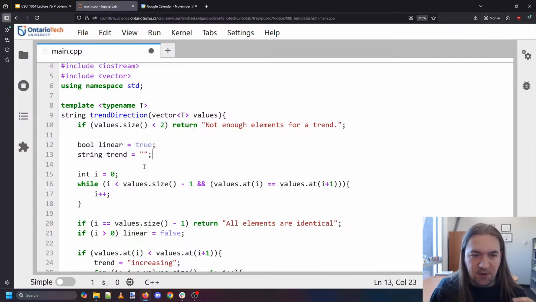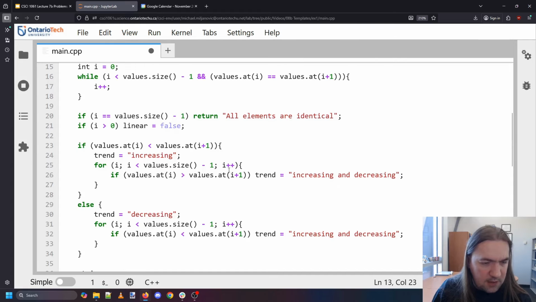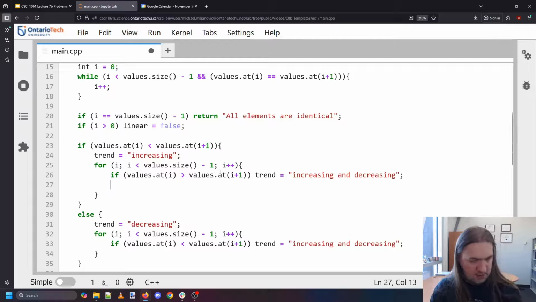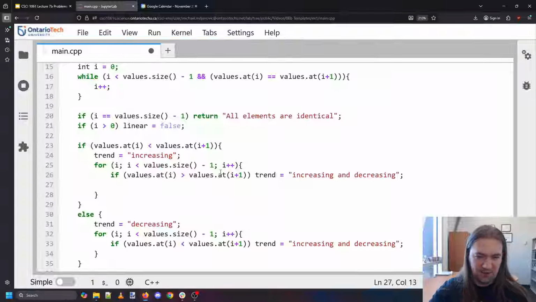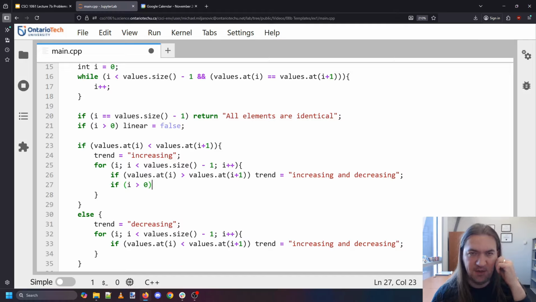Instead, what I'm going to do is look at whether the difference between each two elements is the same as the difference of the elements from before that. So what I mean is, if I have three numbers, like say 1, 2, 3, the difference from 1 to 2 is 1. The difference from 2 to 3 is also 1. And that should be consistent for everything. Now, first of all, I need to assume that there are enough differences to look at. So if i is greater than 0, because if there are only two elements, then I clearly don't want to do this. Assuming i is bigger than 0,